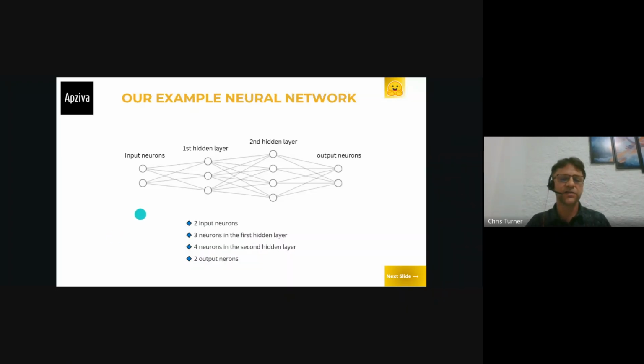So just to understand what these LoRA adapters are doing, I'm going to introduce a very simple neural network. This neural network has two input neurons. The first hidden layer has 3 neurons. The second hidden layer has 4 neurons, and then it's going to have 2 neurons in the output layer.